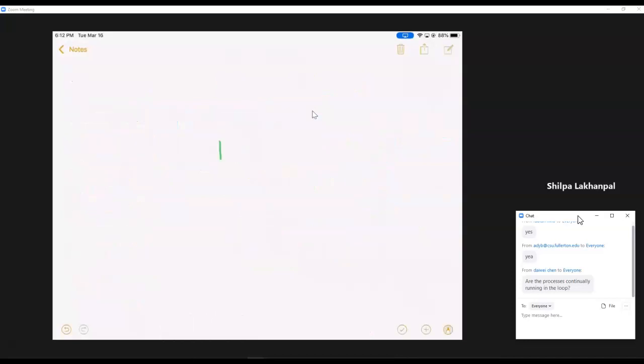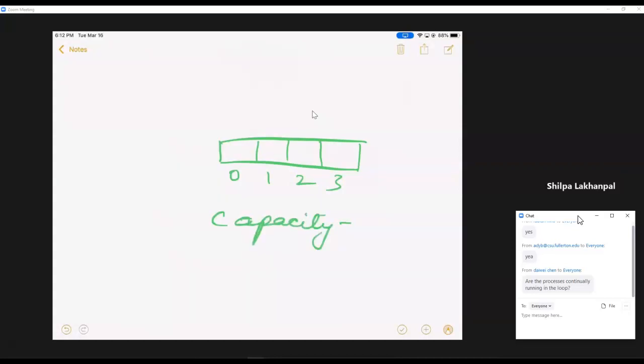So supposing this is the capacity of a fixed array-based queue, the capacity is 4.